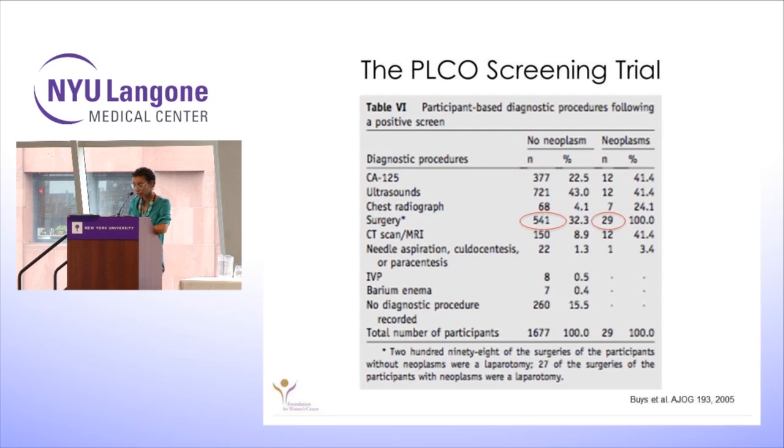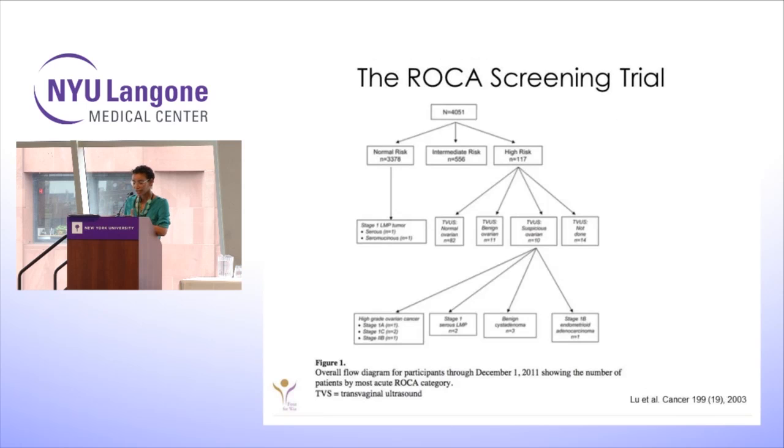So approximately 570 women underwent surgery to detect 29 cancers. Some of them were not invasive cancer, they were low-grade tumors. And to identify one cancer required 20 surgeries. So that means 19 women underwent surgery who would not have otherwise had surgery. And those women, therefore, had a risk of complications that they would not have otherwise had. So this was a cautionary tale and worrisome from a provider perspective that perhaps we're doing more harm than good. So we knew we needed to make a lot of improvements.